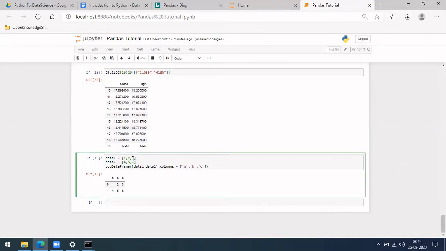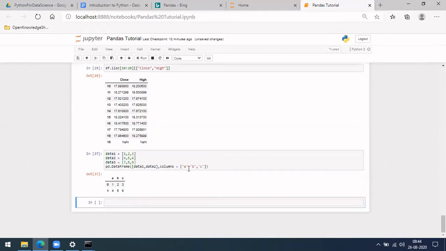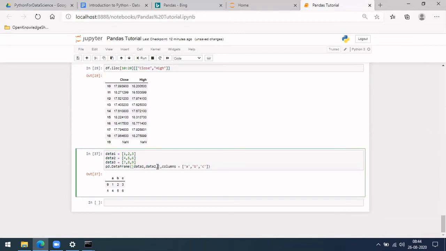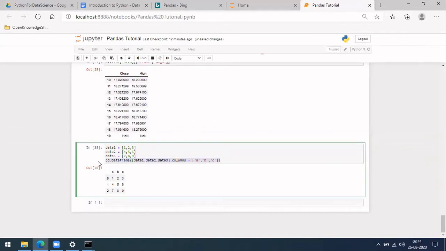Let me add a few more things in this. Similarly, data point 3: 6, 7, 8, 9. So if you see here, in case you want to make a list into a data frame, this is one way to do it.